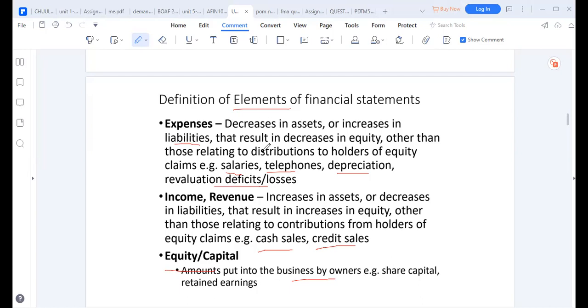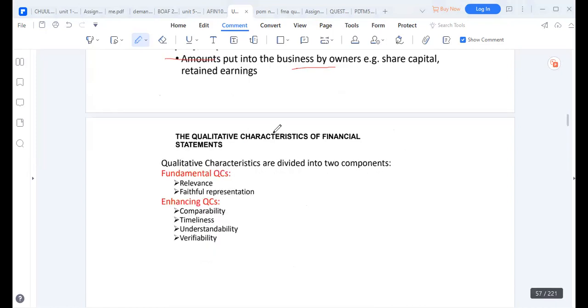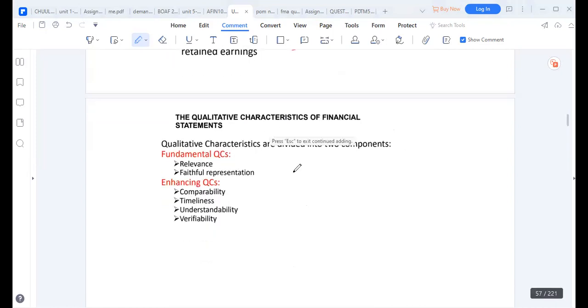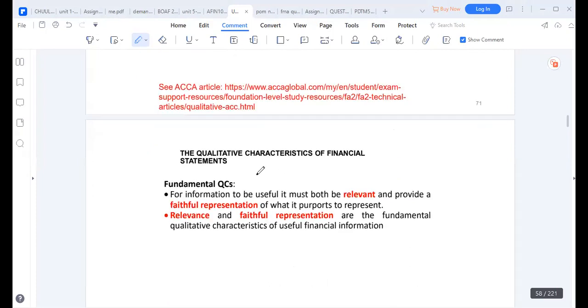All right, so I'm trying to summarize the first three units so that by the time I'm starting at 20 hours, we can look at the calculation. So these are fundamental issues. We have fundamental qualitative characteristics and enhancing qualitative characteristics. The fundamental characteristics are relevance and faithful representation, and the enhancing ones are comparability, timeliness, understandability, and verifiability. Now, what are these characteristics? When we're dealing with fundamental qualities, number one, information must be relevant, and information must provide a faithful representation